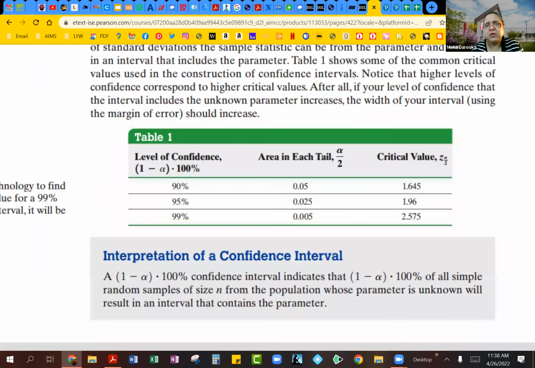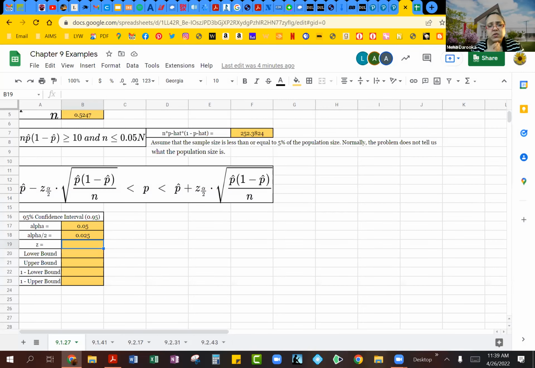If you use this table over here in the textbook itself, then obviously you can see we still get the same value. And this should be something, again, I would write it down or use it as a cheat sheet when you're working on this section for the exam, especially for these 3 common level of confidence values. So those are the two ways you can calculate what your z-score is going to be. So 1.96. So this will always stay the same, guys, as long as you're doing the 95% confidence interval, right? Now we are ready to calculate our lower bound and upper bound.